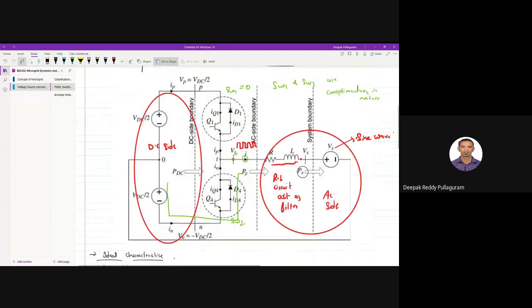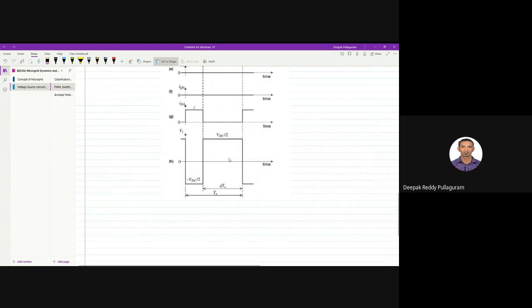Only thing what you can see here is this terminal point and this terminal point are short circuited, isn't it? Let me use blue color. You can note it out. This terminal point and this terminal point, are they then short circuited? Our assumption is there is no blockage or resistance on the path. So this blue point, both are the same. So what is the voltage at this point? Minus VDC by 2. So you have minus VDC by 2 here. So VT should be minus VDC by 2. So we got minus VDC by 2, isn't it?